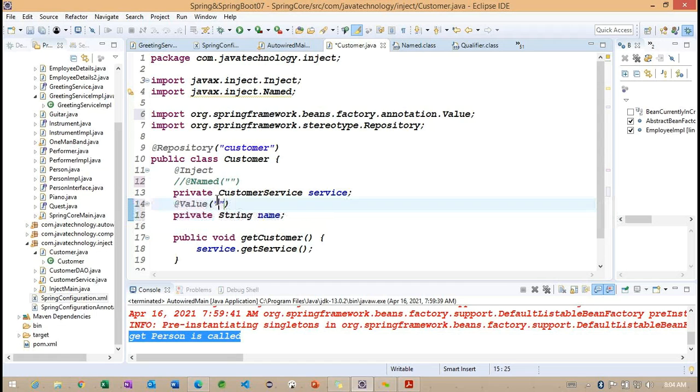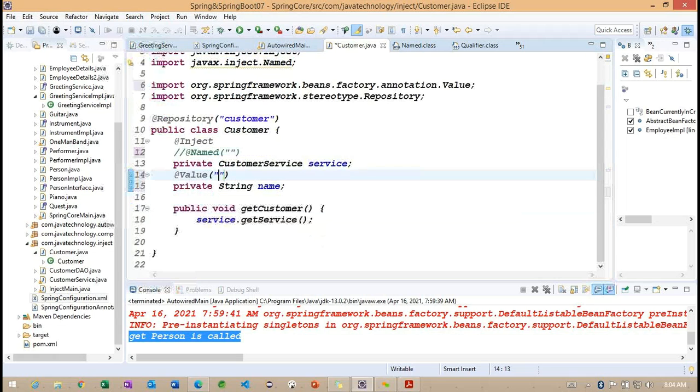Okay, observe here. What we want to provide here, we can work on this particular value annotation. This particular value annotation is going to work for the primitive data types here. So this is very important, we are trying to discuss here. Getting the point. Now, what is the value we want to provide for this particular name here? We can work on the same here.